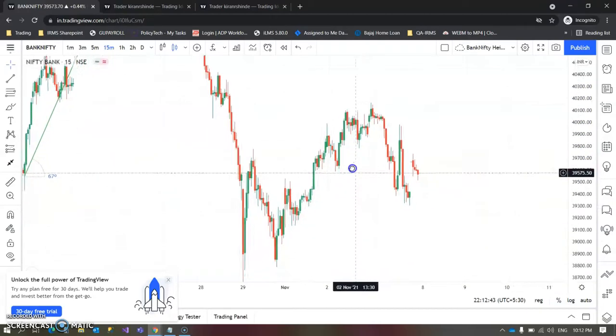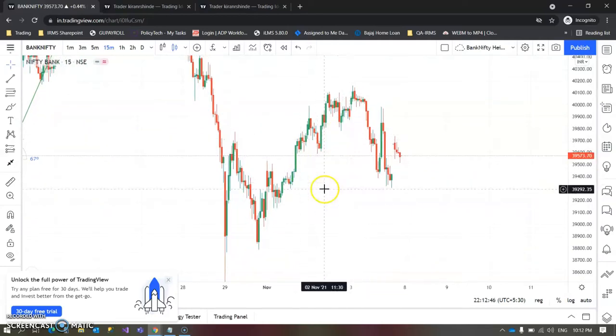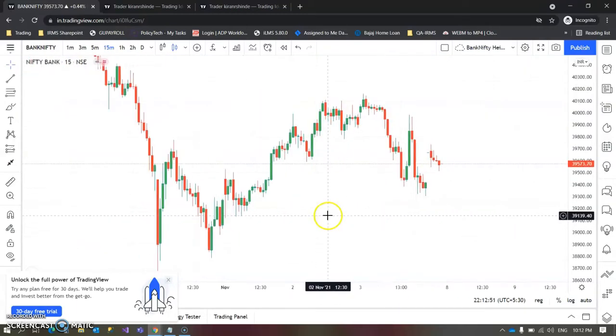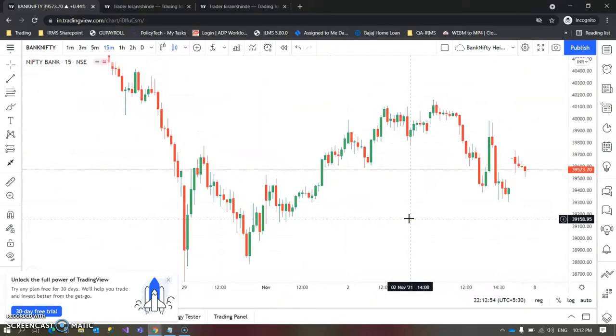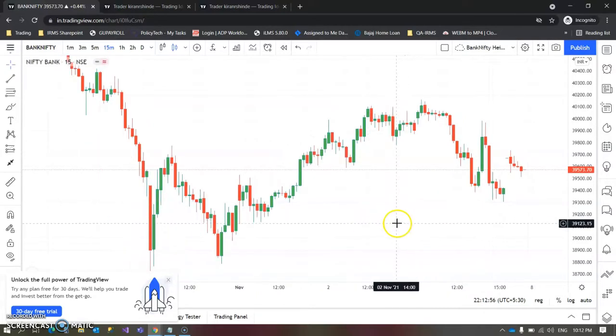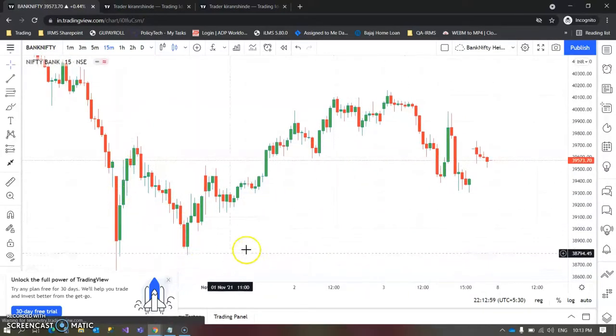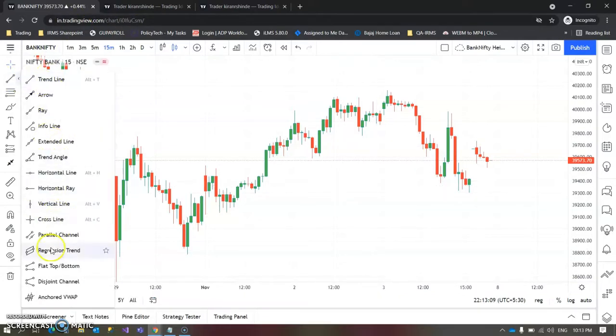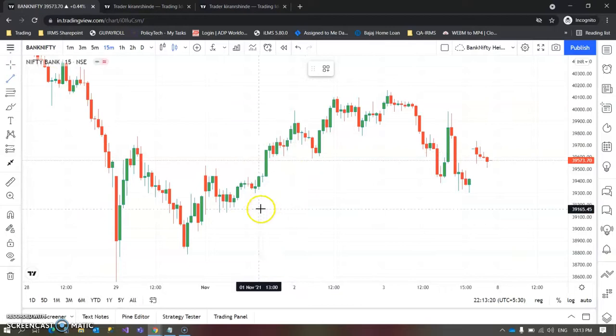Click on this chart, drag towards up, and now if you scroll, the chart will zoom in or expand. You can clearly see. To this extent this is fine, where you can see the candles and their wicks clearly. And now when you want to draw a trend line, we have a tool over here, which has different types of trend line, trend angle, extended line, ray, arrow. So first you can select a trend line.